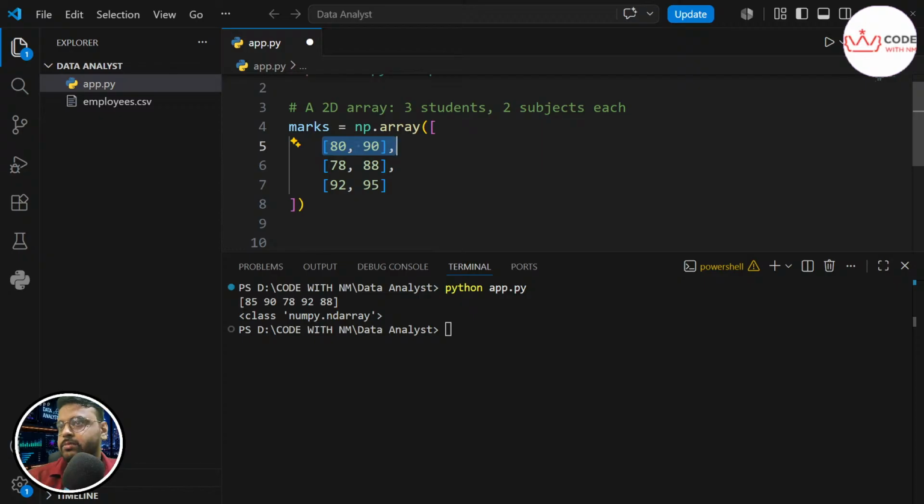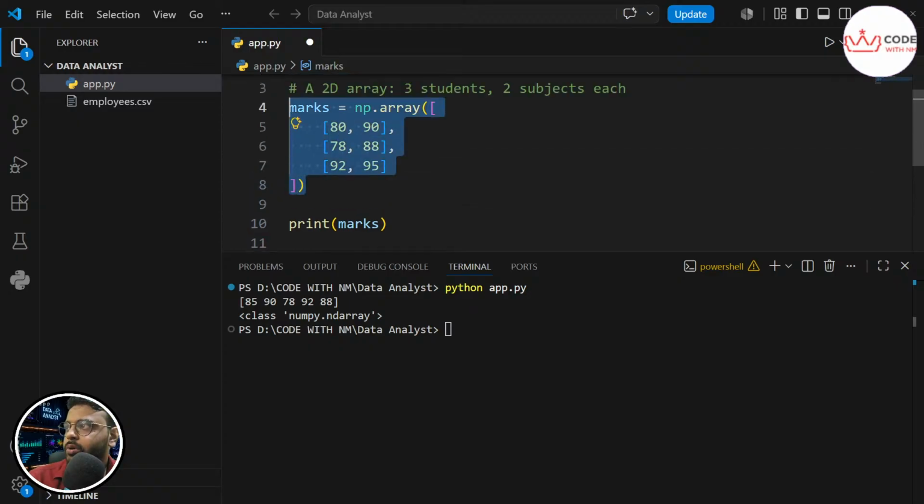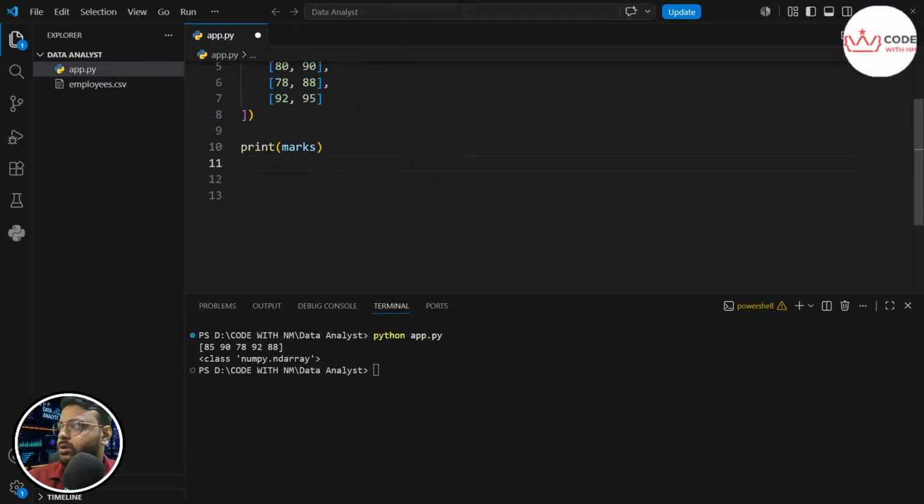It is a table. Okay, let's print this simply. We will say print, and I'm just doing this to explain 1D and 2D arrays, that's why I'm taking hard-coded values. In the live session we will be explaining data from CSV too.